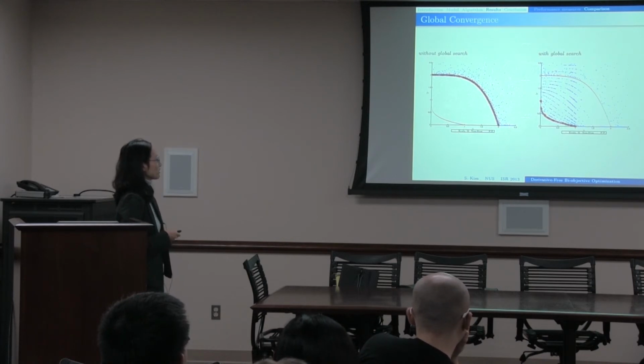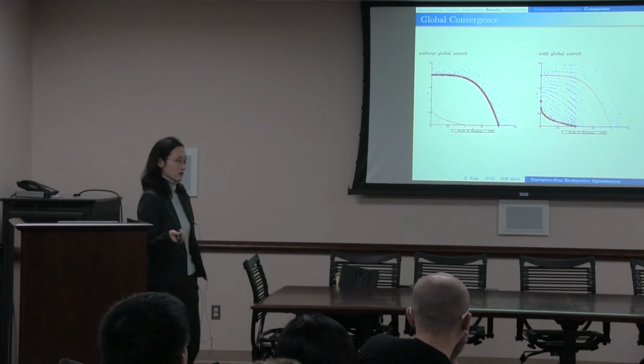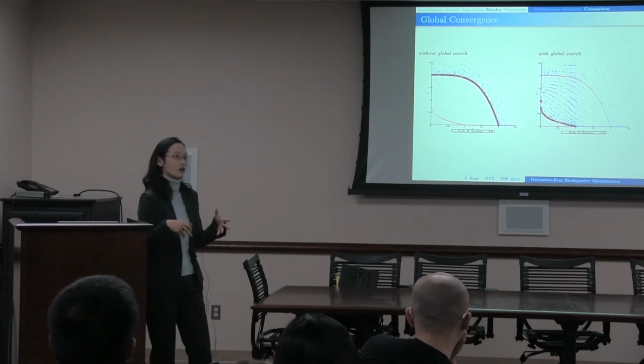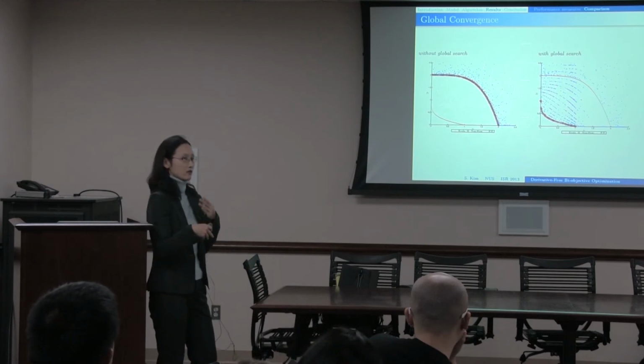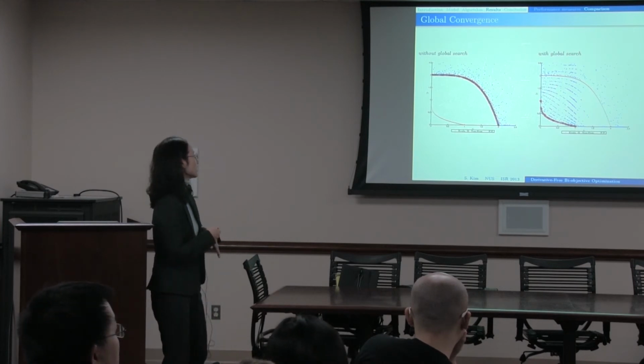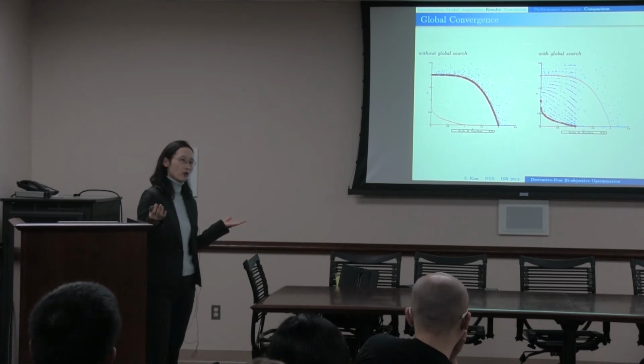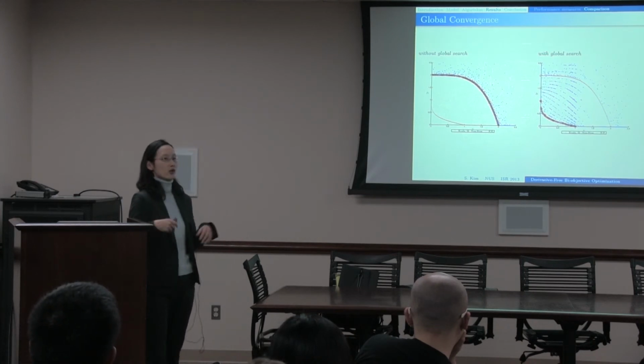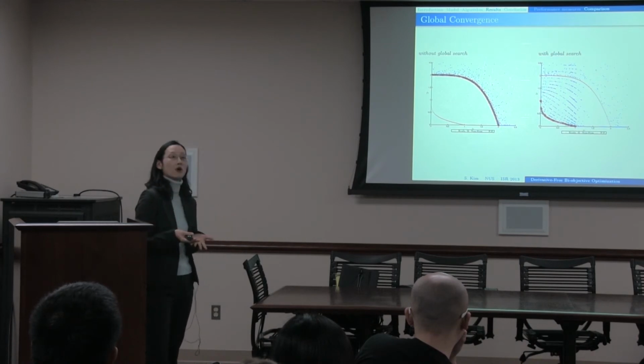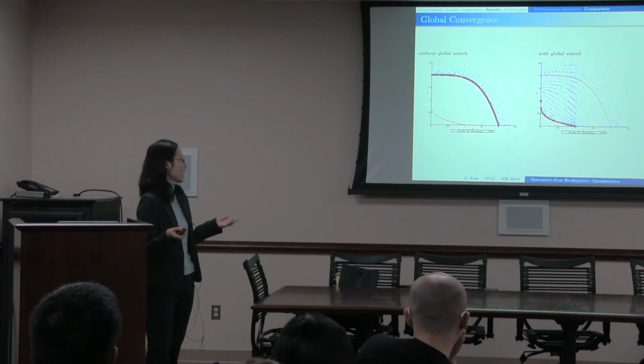So what we do, which is also what BIOMAS is doing, is that every certain number of iterations, we intervene in the algorithm and run some kind of global search. In this case, we used all the already sampled points, and we also sample a few more points over the feasible region, and we construct a global meta model, using kriging or radial basis function, and then we look for